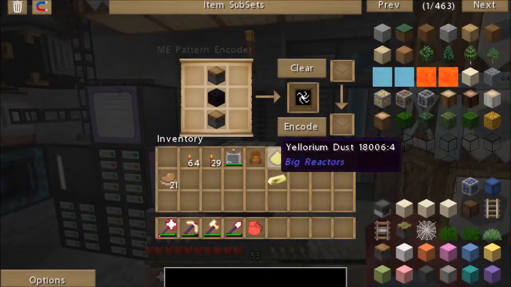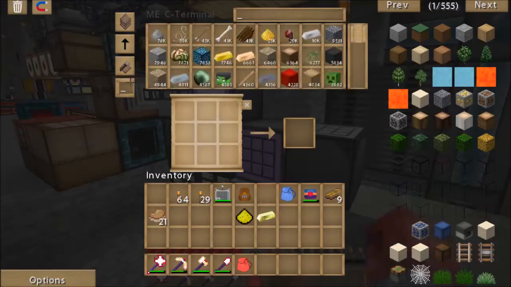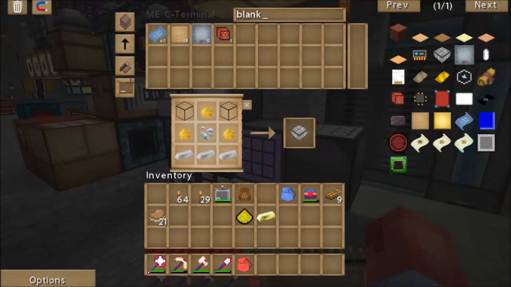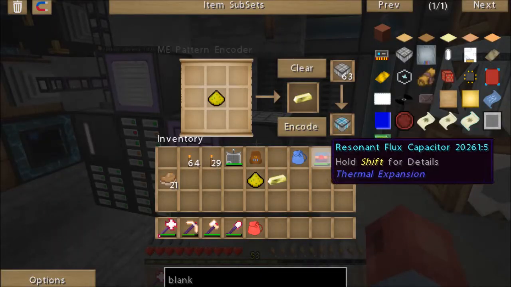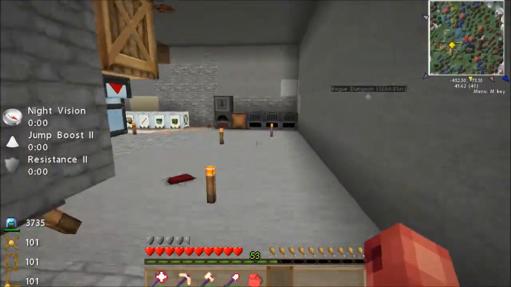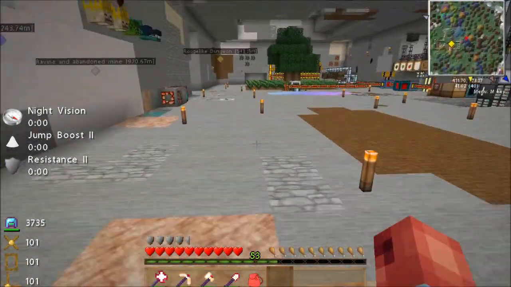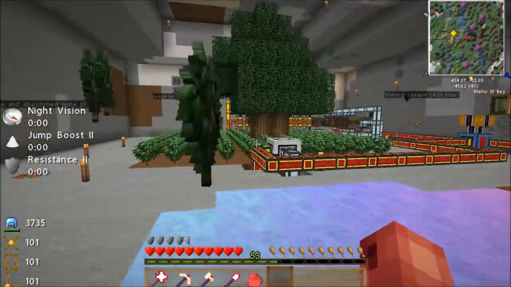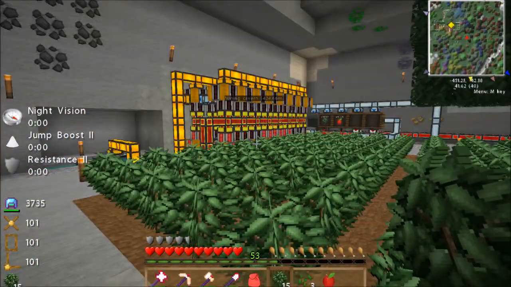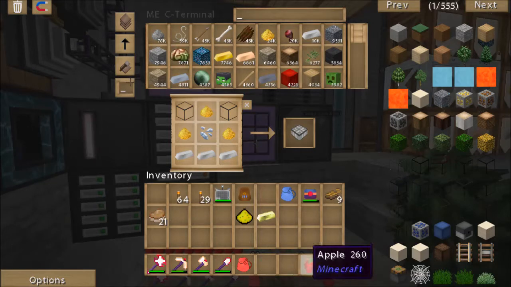And we will say, put a yellorium in, get an ingot back. Encode, oh, there's no blank. Alright. Encode. Clear. Alright. So there we go. There's that. Now what we're going to need to do is have a system. Good Lord. Alright. So we're going to have a system